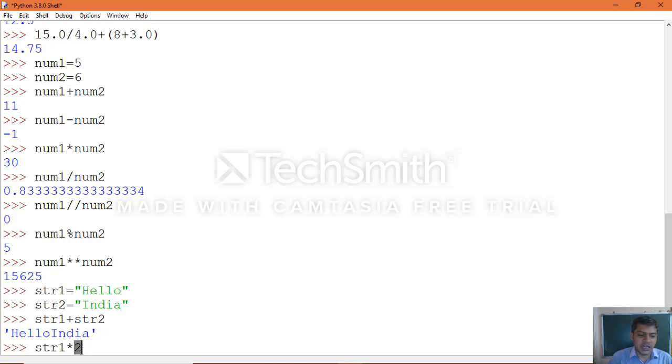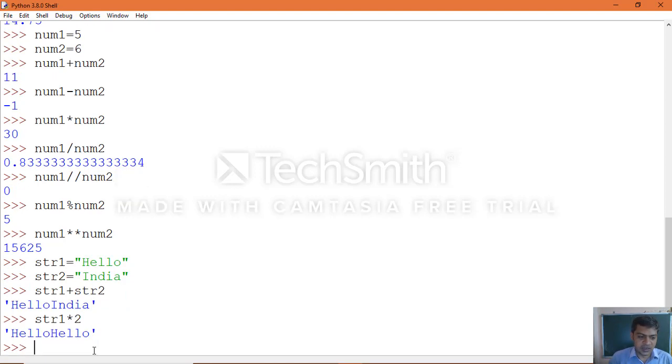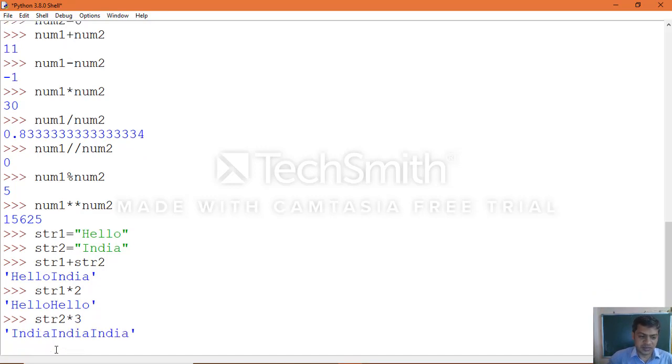You can see string 1 repeats 2 times: hello, hello. In the same manner, you can see string 2, for example with 3 repetitions, clearly. So that is how arithmetic operations, also called mathematical operations, can be performed.